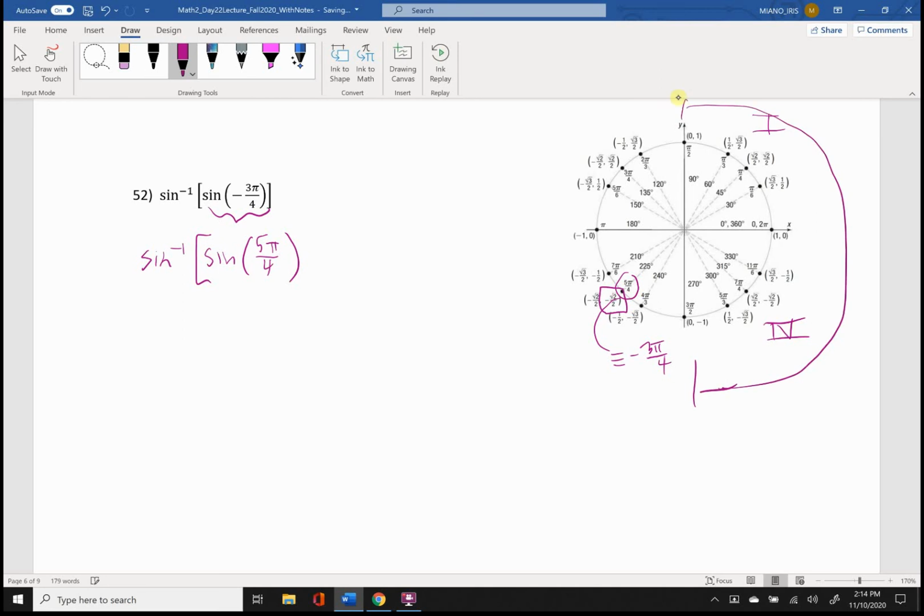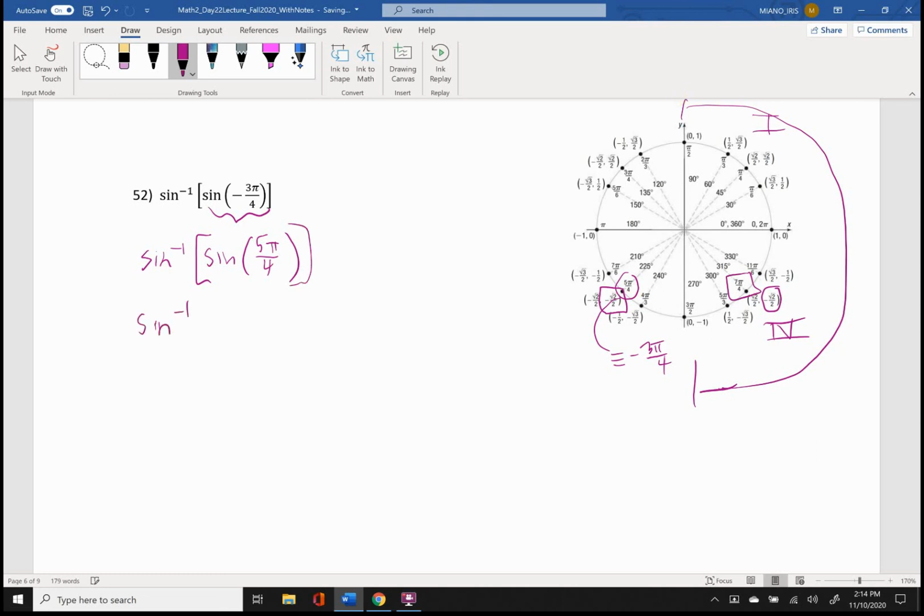And we're currently over here in quadrant 3, so we can't be there, but we can find a location that has the same sine value of negative root 2 over 2, and where's that? Well, this guy over here has the same sine of negative root 2 over 2, and its corresponding radian measure is, well, a positive 7 pi over 4, yeah? Okay, so that means that this has the same value